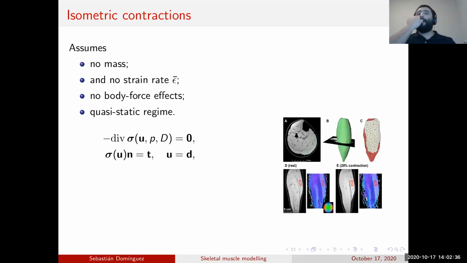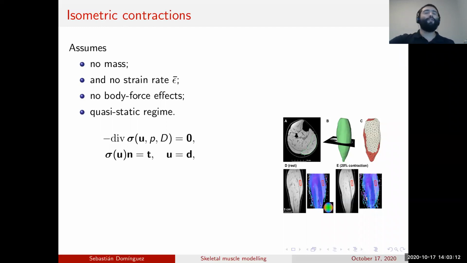So as I said before, one of the important examples is isometric contractions. And in the field of biomechanics, when they refer to isometric contractions, I don't know if I have time for that, but it's a very funny story that we've been discussing. I don't want to say fighting because I want to look professional. But we've been discussing for a long time what it means to have an isometric contraction or fixed end contraction or blah, blah, blah.